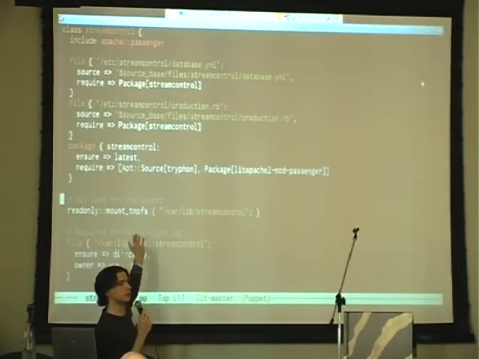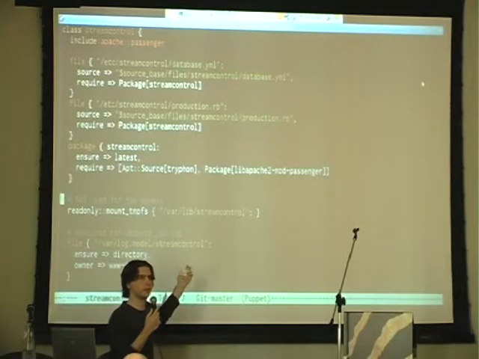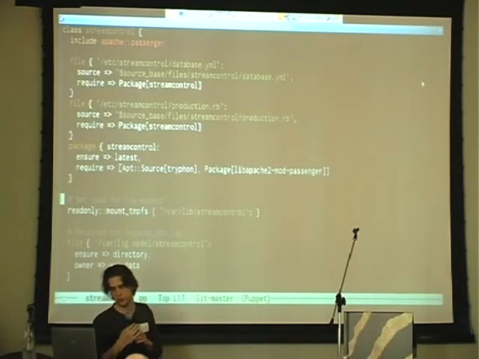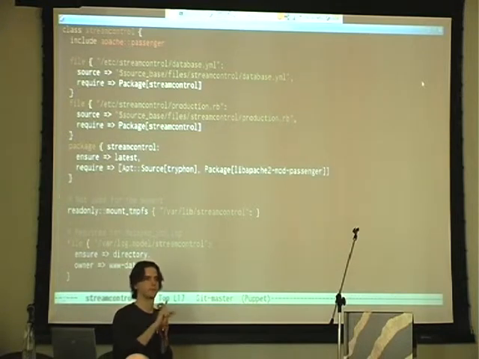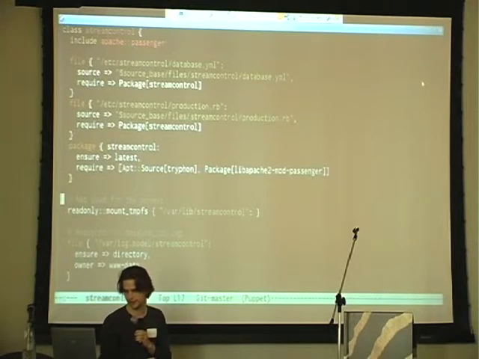This is a piece of Puppet code. This is a normal piece of Puppet code, but it configures an embedded system in a chroot environment. You have a file, you have a package, you don't have a service. Useless in your case.